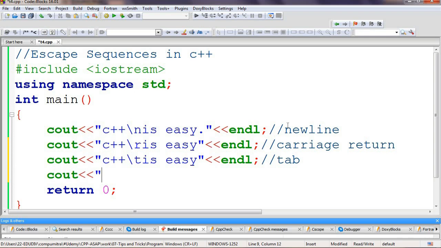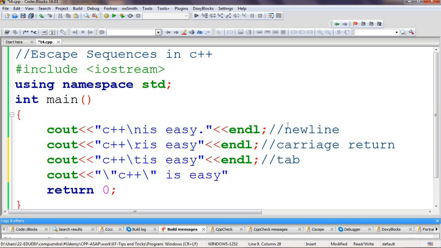Suppose I want to put this in double quotes itself. So this double quote, if I put it here, will terminate the string literal. So I'll have to use backslash double quote, C++, then again backslash double quote, and then a space, and then is easy,